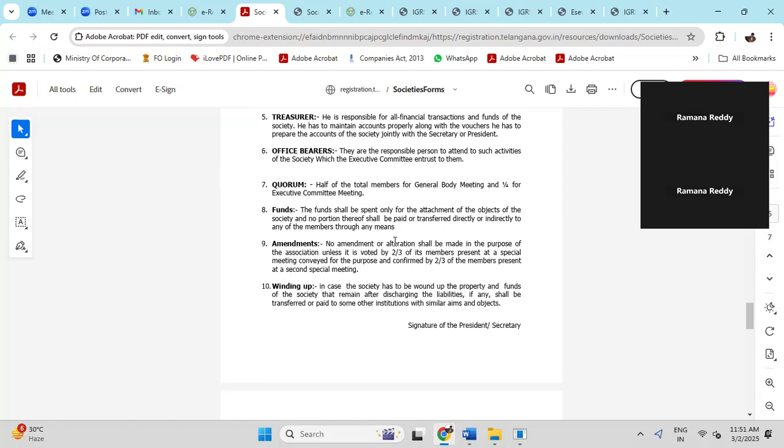Then we'll come to the funds. The funds shall be spent only for the attainment of the objects of the society, and no portion thereof shall be paid or transferred directly or indirectly to any of the members through any means. These funds are for charity purpose. For the objects of the society, members have no right to take